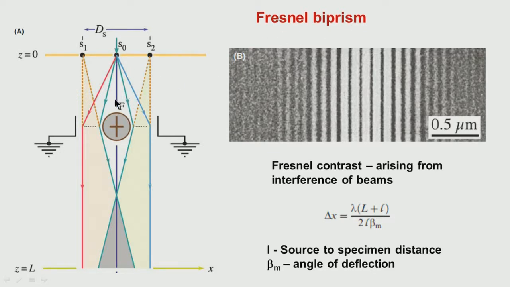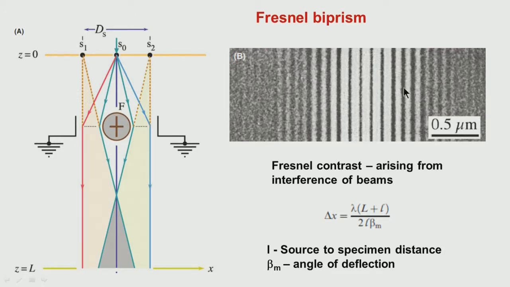Here, one simple experiment we can do is to take a small wire, or a glass coated with metal, and apply a voltage. The beam coming in this direction will be attracted towards it and travel in this direction, as if it now looks like the beam is coming from this source. These two interfere, and the interference fringe pattern will look like this particular one.